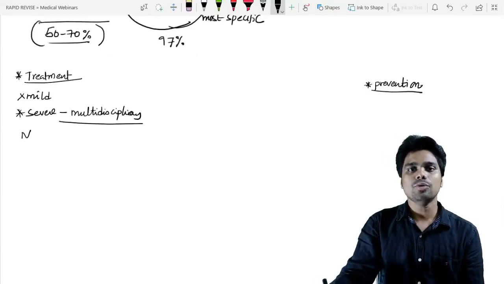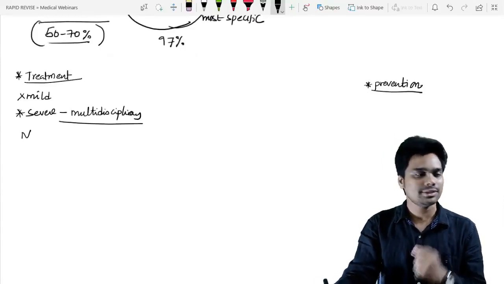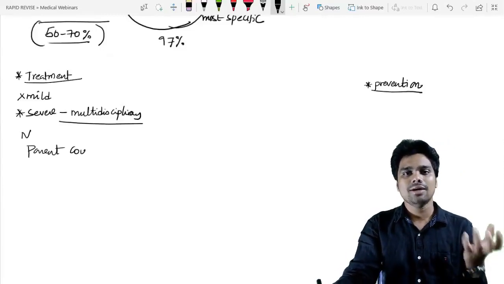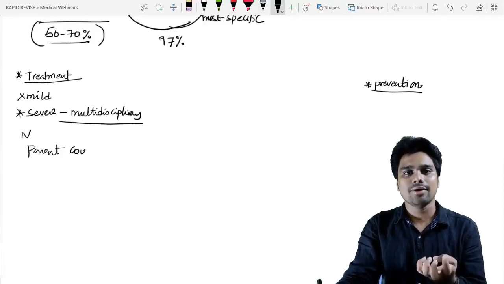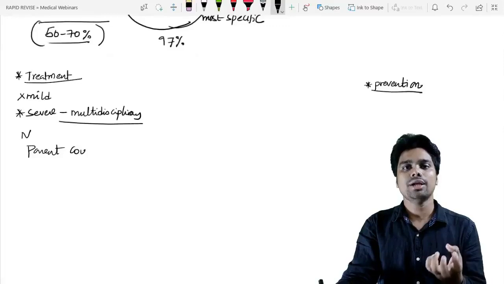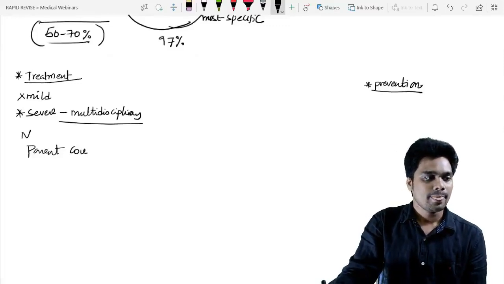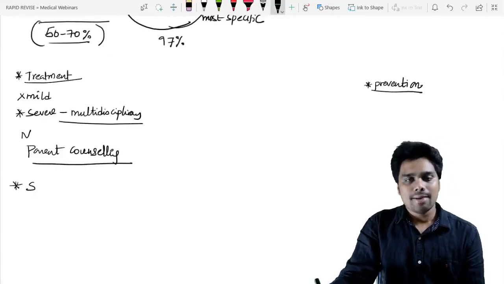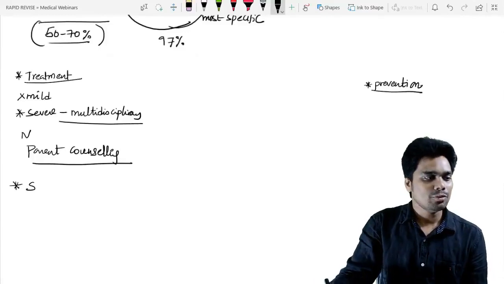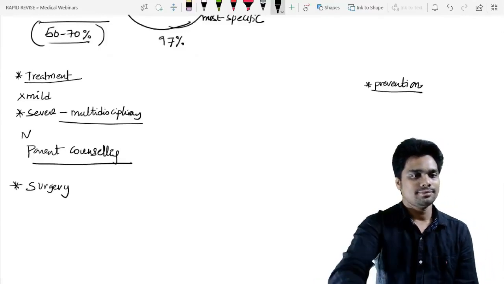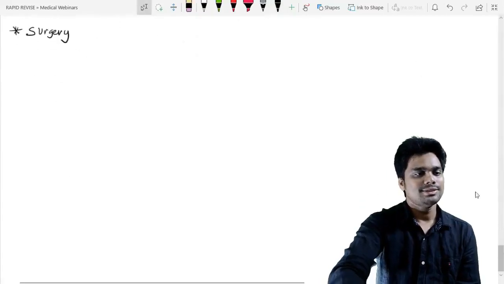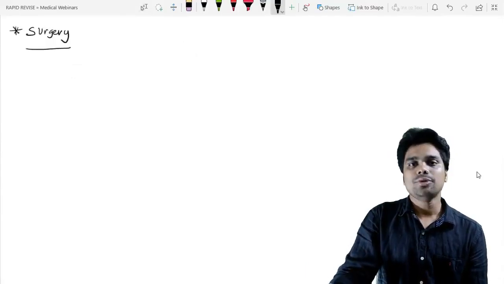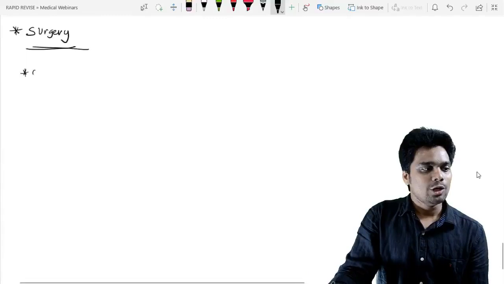Along with that, the most important aspect of treating neural tube defects is parent counseling, because it is very tough on the parents. The child is now having neural tube defects, and the prognosis is grave. So parental counseling plays an important role in managing neural tube defects. We give rehabilitation services, we give social services, but most important for the exam is surgery. Let us assume there is an infant with a neural tube defect. What is the optimum time to do surgery? If it is an open defect,